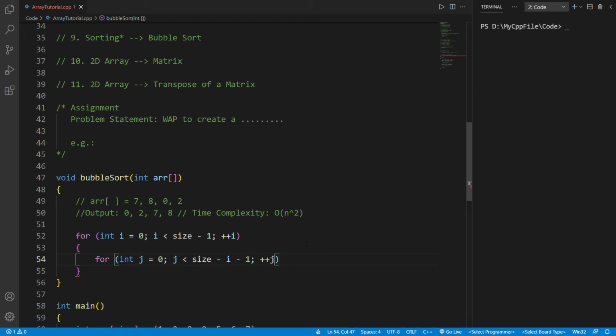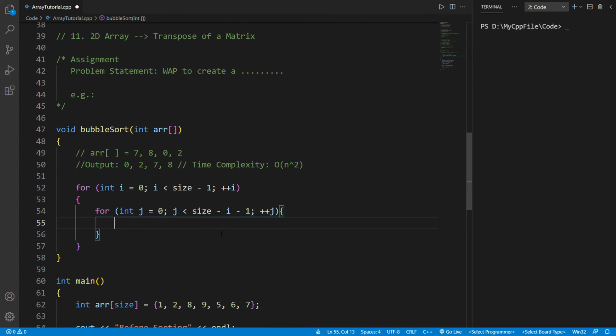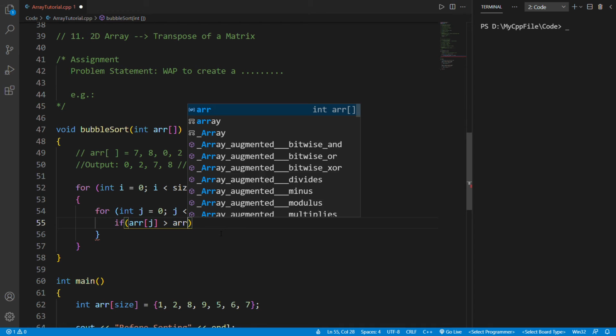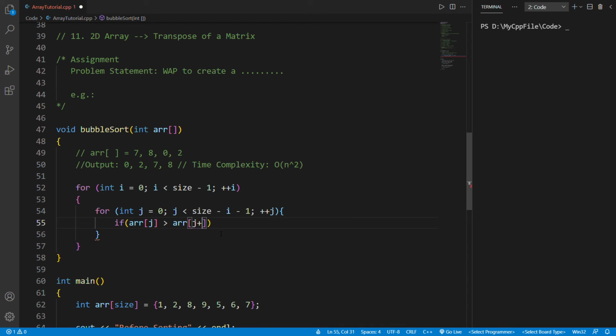Fine. So now what we'll be doing is we'll check if arr[j] is greater than arr[j+1] or not. If it's greater, we'll simply swap it.